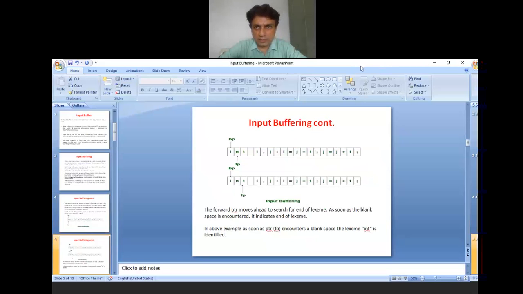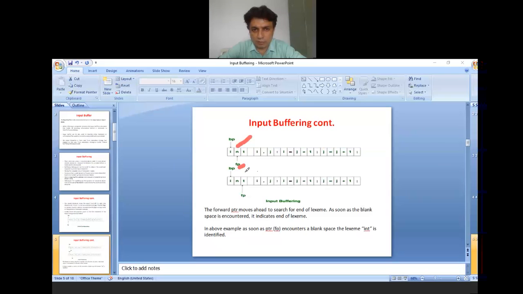After the initial position, you can see that the forward pointer is moving one position to the right, and the begin pointer is pointing to the same first location. Now the forward pointer is moving to the second character n.